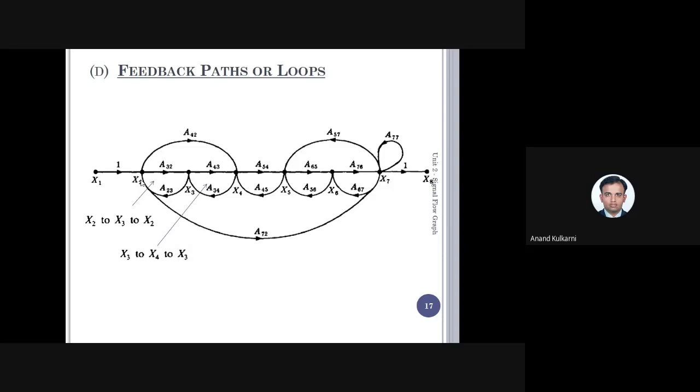This is the second. So this is one loop. This is one more loop. This is one more loop. This is one more loop. This is one more loop. So in total we have 5 loops adjacent to one another. So 1, 2, 3, 4, 5. 5 are there. See, just observe here. 5 are there. Then there is also one self loop.